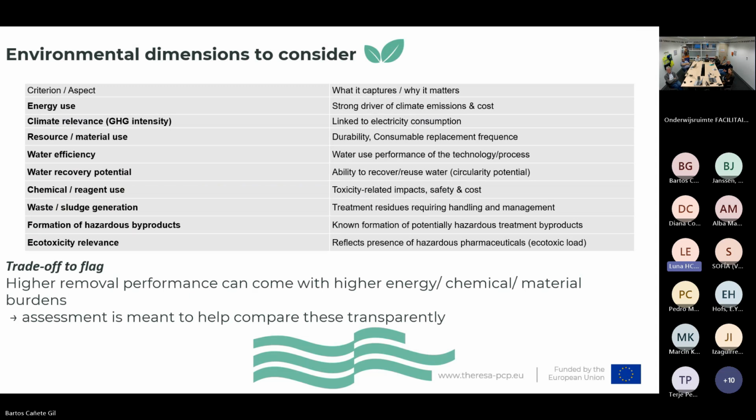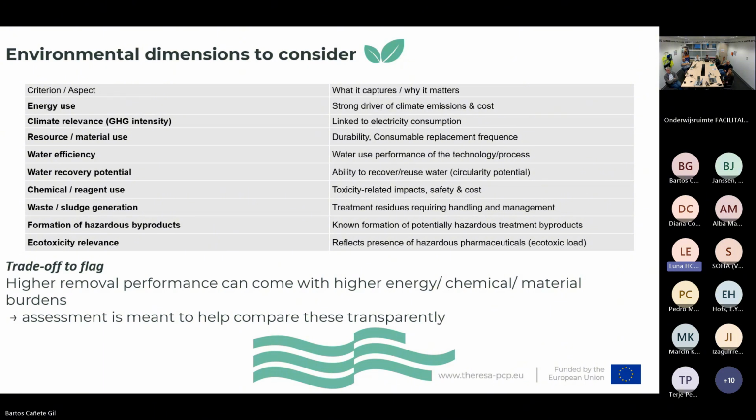So this is a list of environmental dimensions to consider. As I said, they are still being discussed and they're not final, but just to give you an idea, first we have the energy used, which is a strong driver of climate emission and cost as well. Climate relevance, resource and material use. I saw in the previous presentation a link to also circularity, so that could make sense here as well. So using materials that are durable,